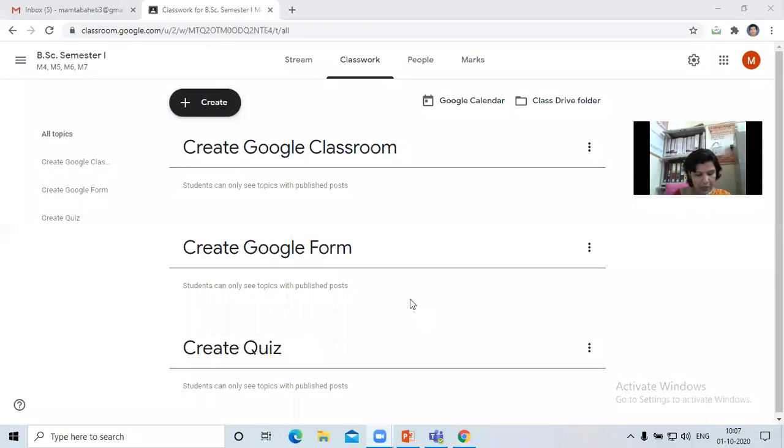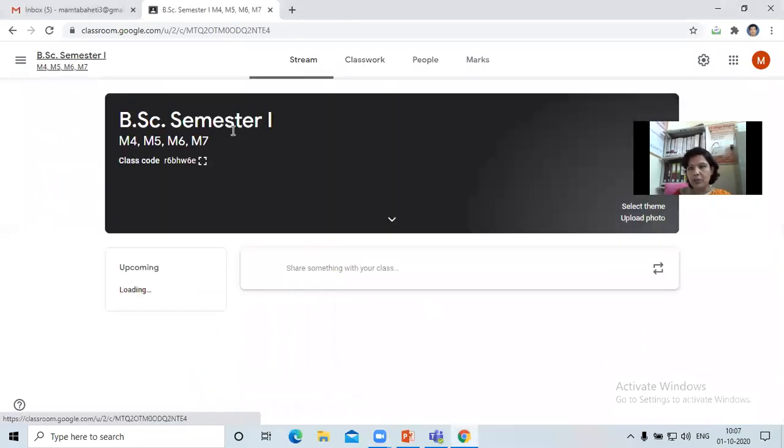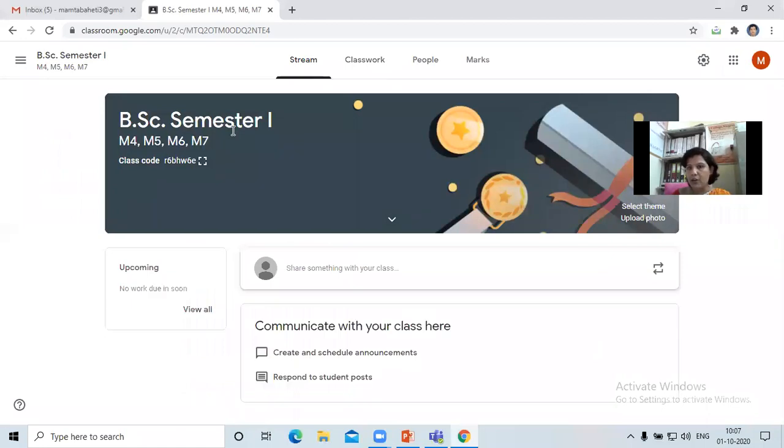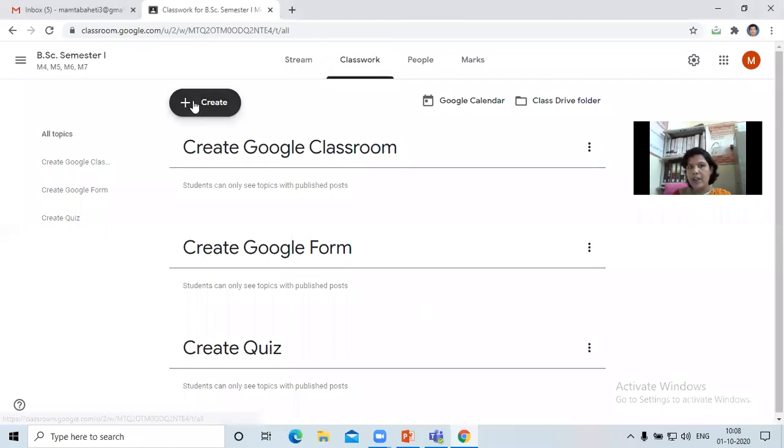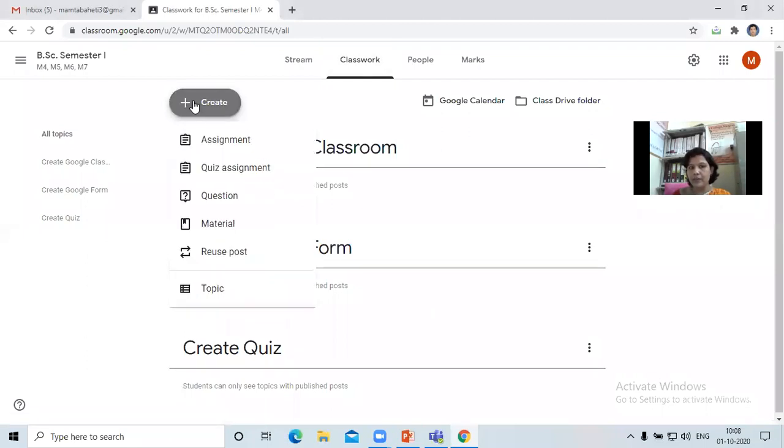First is click on create button. In the Google Classroom, whatsoever is your class, go to classwork and click on create button. From this, the 4th option available is material.